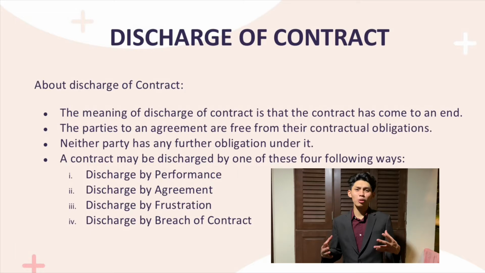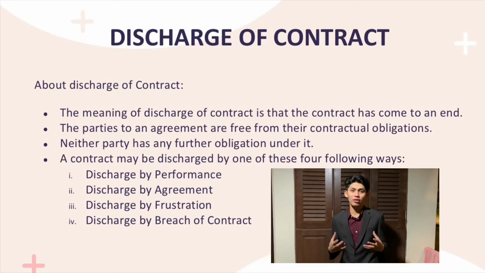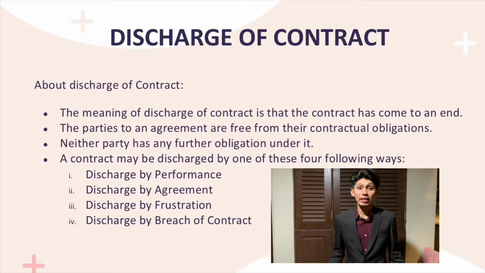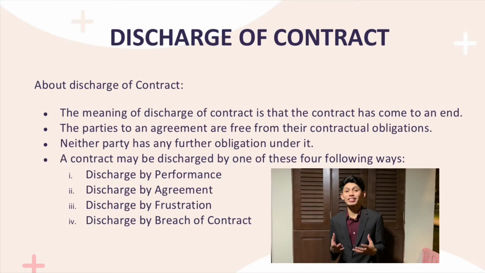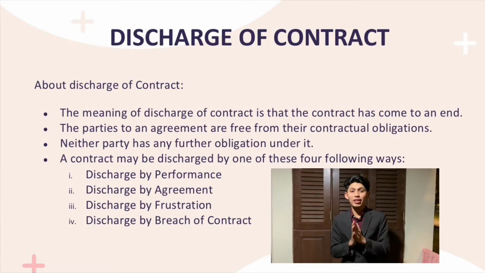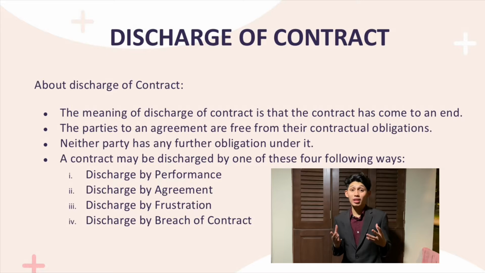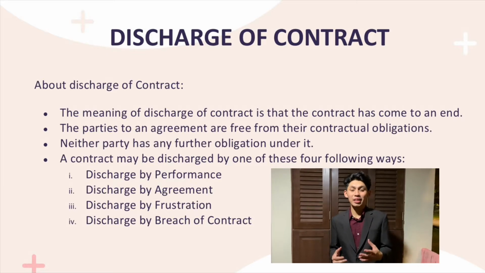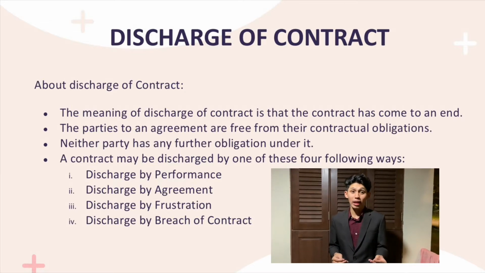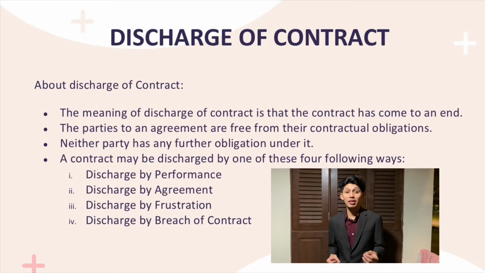So, firstly, I'm going to present about the discharge of contract. What is the meaning of discharge of contract? It is when the contract has come to an end. Second, the parties to an agreement are free from their contractual obligation. And third, neither party has any further obligation under it, and a contract may be discharged by one